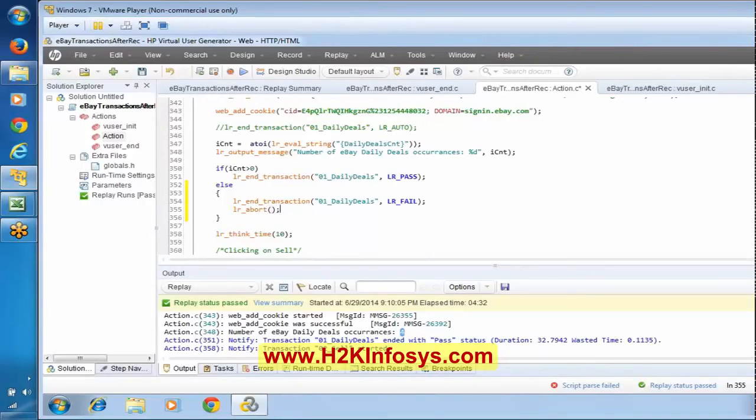We have something called abort, which basically stops the script there itself. Actually, it is not showing automatically here, I'm not sure what happened. And there is something called lr_exit_iteration. There will be something called exit iteration here.